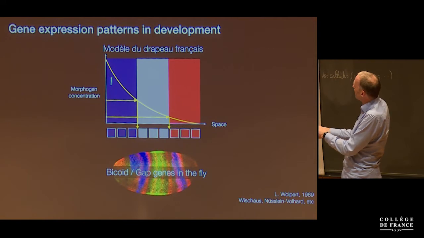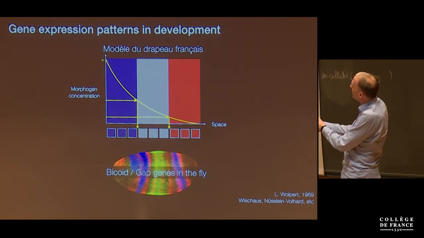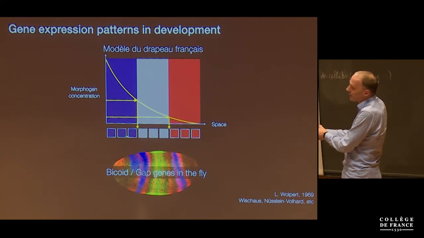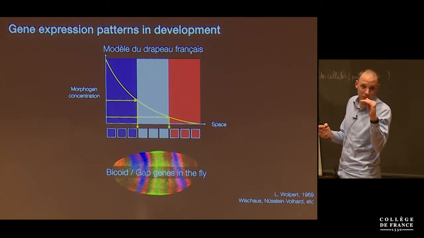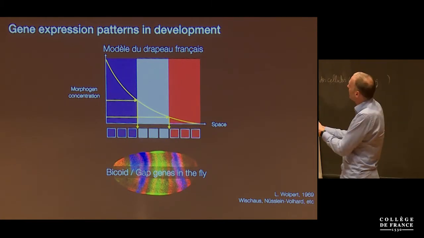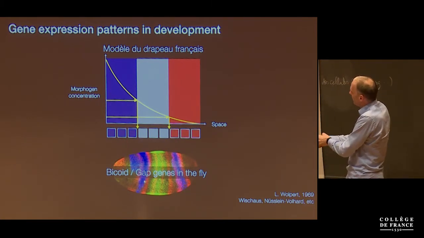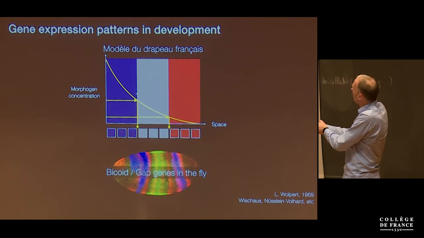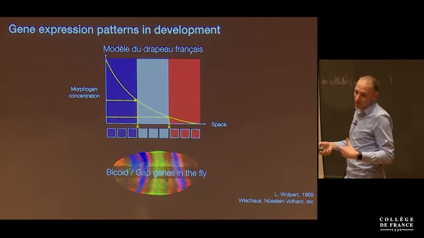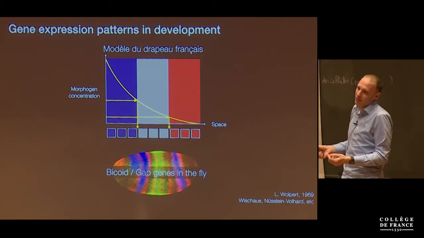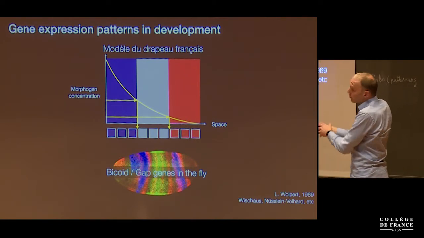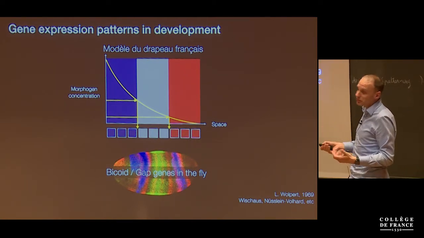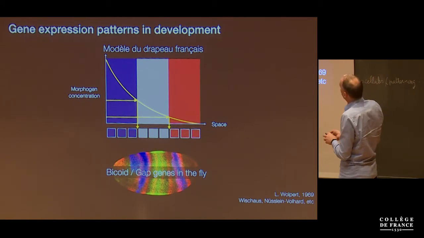And what happens here is that at the tip of the fruit fly, there is a morphogen secreted, and the cells measure the local concentration. And depending on the local concentration, they make a developmental decision. If the concentration is high, they express a particular set of genes. If the concentration is in the medium range, they choose to express a different set of genes, and if it's low, yet another set of genes. So here, a local concentration gradient plus a readout determines the fate of cells, if you wish.